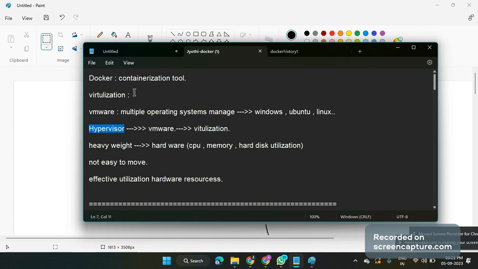Now the advanced name is virtualization and the more advanced name is containerization tool. So by doing this, what can we achieve? Earlier we were dealing with heavyweight things. Now we do it very smoothly, with less weight and smooth migration. Okay, so for example, by using this virtualization,